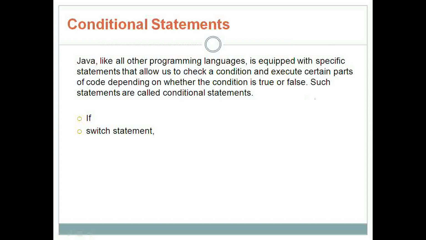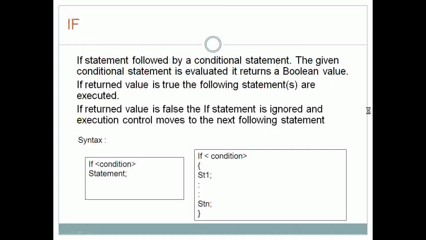Conditional statements allow us to check a condition and execute certain parts of the code depending on whether the condition is true or false. Those statements are called conditional statements. One is the if statement and the second one is the switch statement.